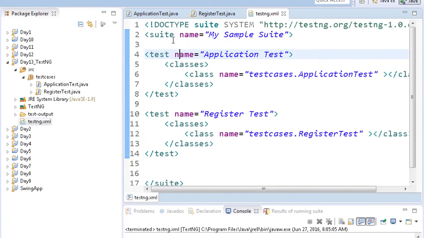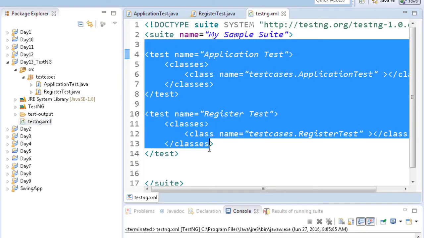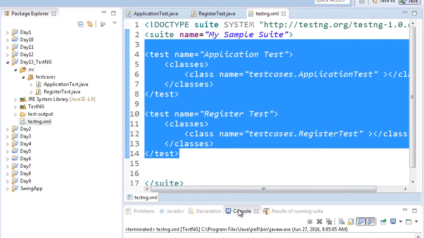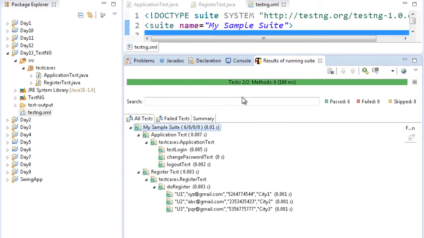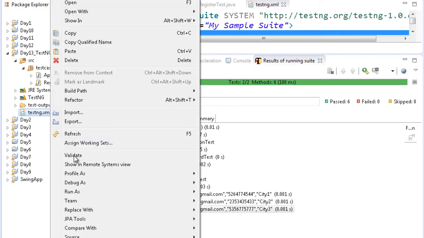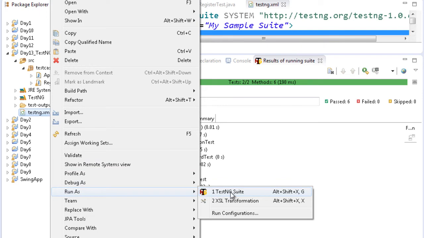All these tests will be executed from top to bottom in a serial order, and if you look at the results, first the application test runs all the 3 tests, and then the register test runs 3 times in a parameterized way. You can right click on this XML file and simply select run as testng suite.